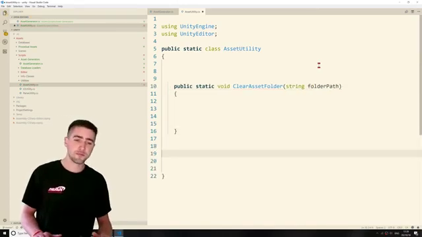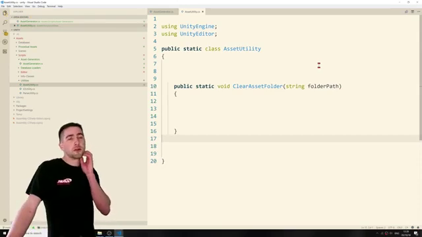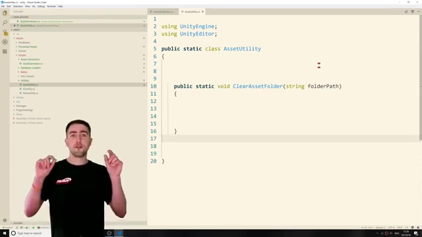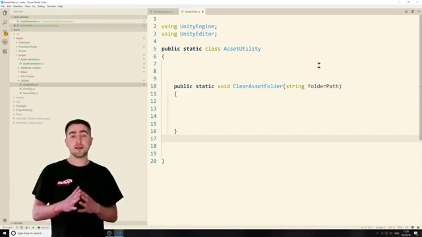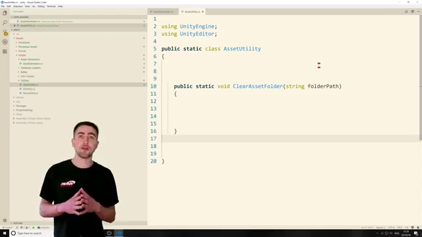Now, how do we do this in Unity? What do we got to do? Well, first of all, we've got to look in that folder path. We've got to get all the assets in that folder, and then we're going to delete all of them. So how we're going to do that is